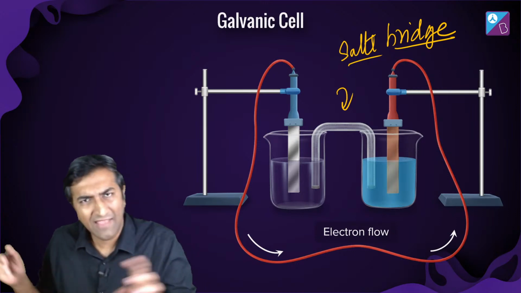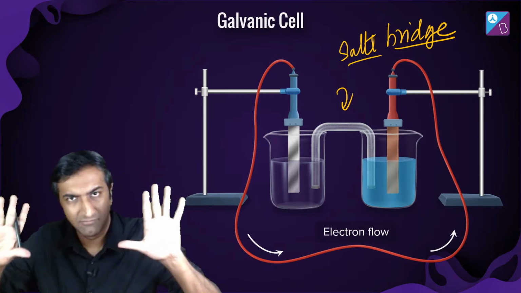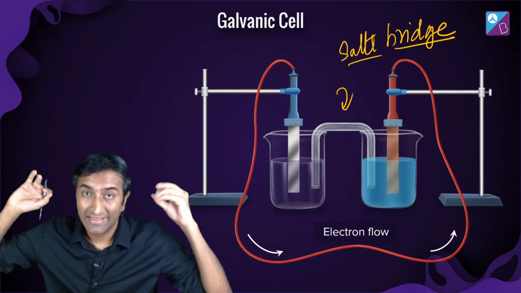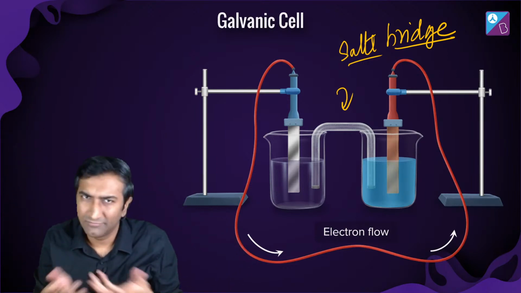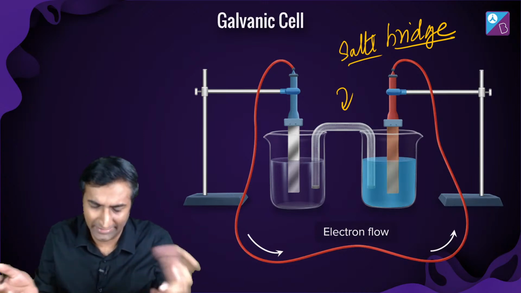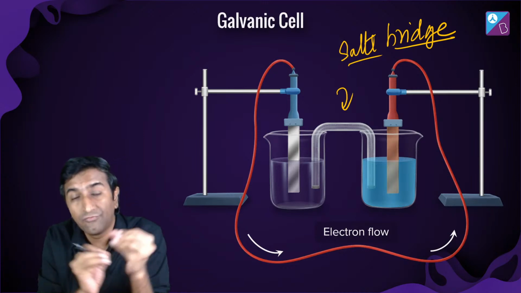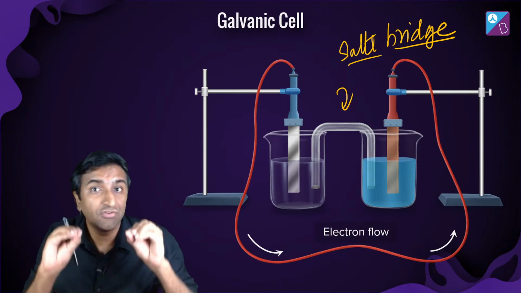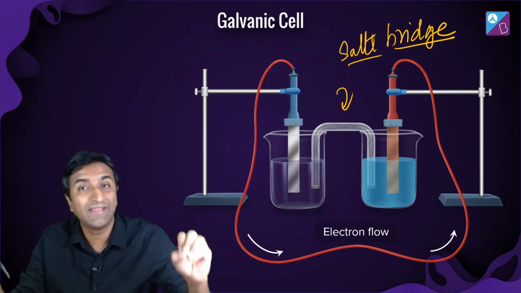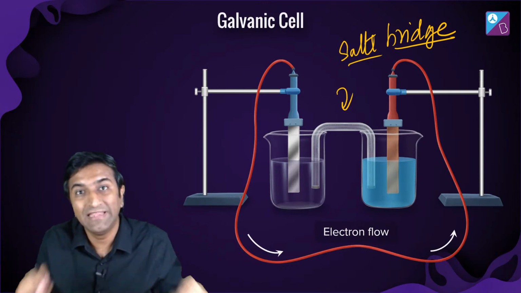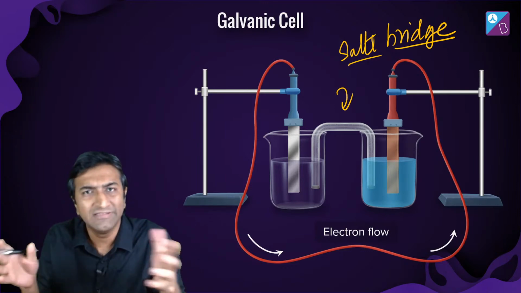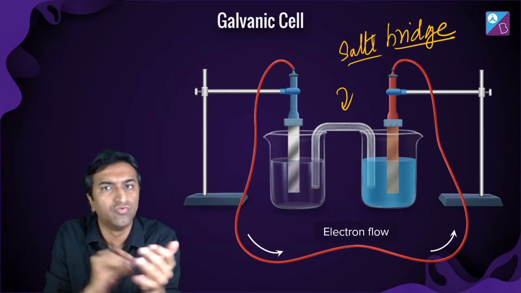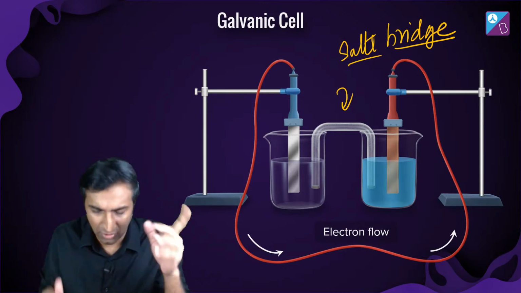So as always, this is important. Again, something I'm slowing down for. In the external circuit, electrons flow, and inside the water solution, it's always mostly water, there it's ions flowing that constitute electricity. There are no electrons inside water. This has been tested in JEE and in NEET. Please be very clear about this. If there are electrons in water, they'll just get absorbed because they're too tiny. They move very quickly, but they cannot go through water. Electrons are not going to go through water.